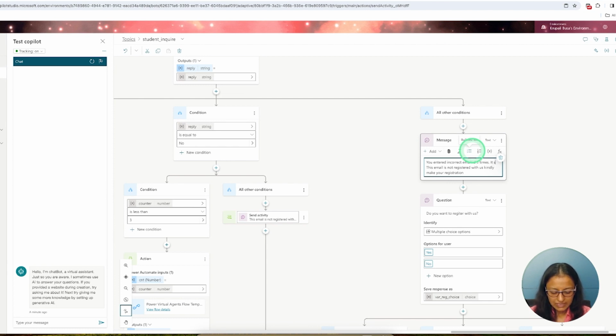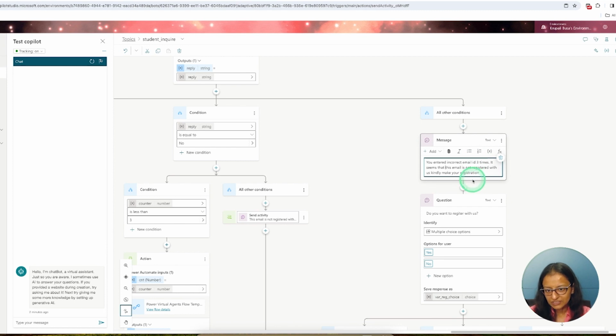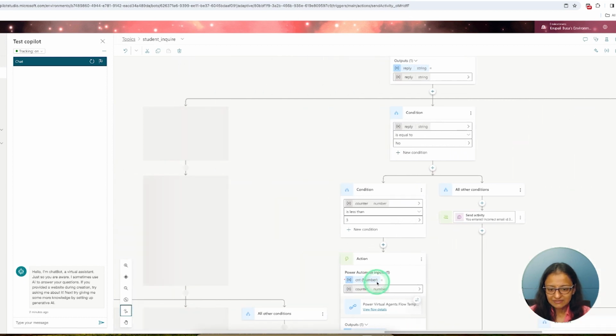It seems that this email ID is not registered with us, and kindly make your registration. Okay, and let me test it.